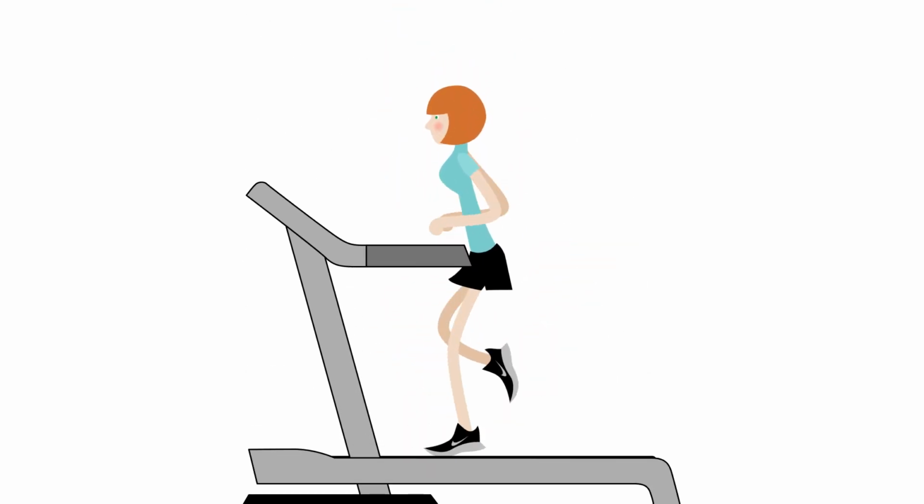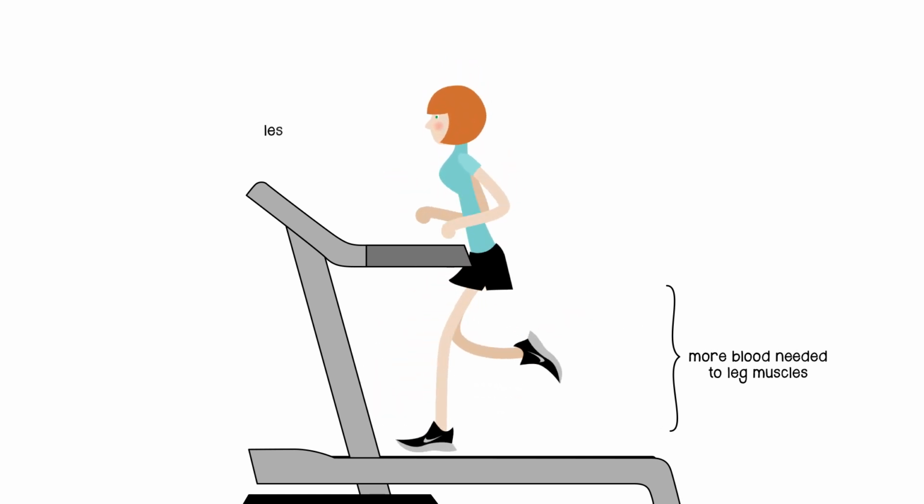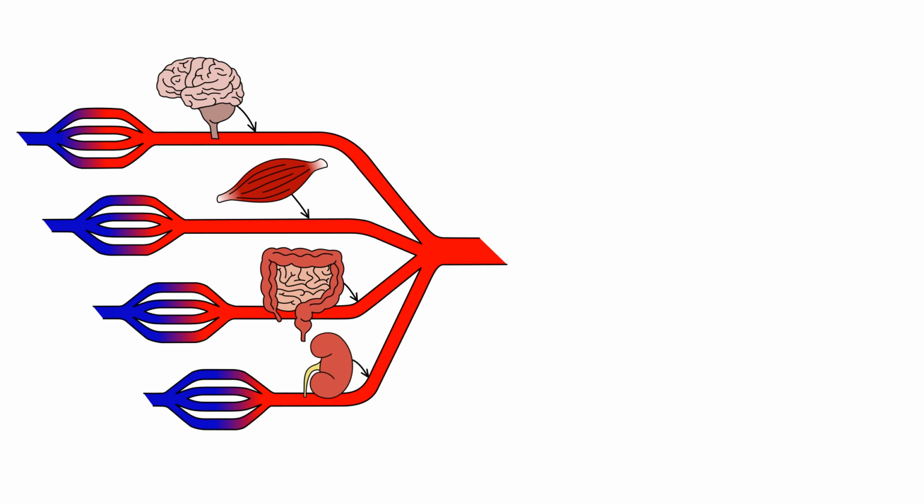However, arterioles don't all respond together. And the other thing that the arterioles can do is they can control the flow locally. You can send more blood where you need it and divert blood away from where you don't need it. Now, consider this situation here. We have a blood vessel which is dividing and it's sending blood to lots of different organs. We have the muscle, the gut, the brain, and the kidney.